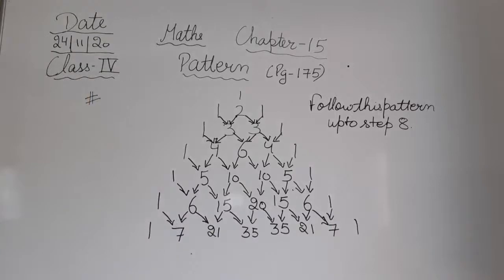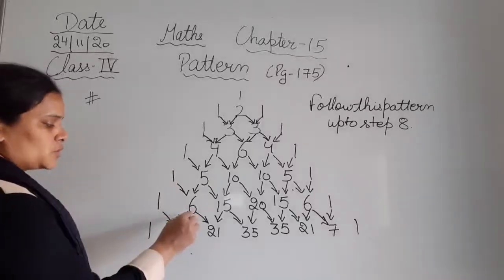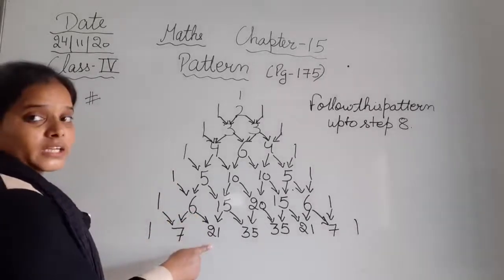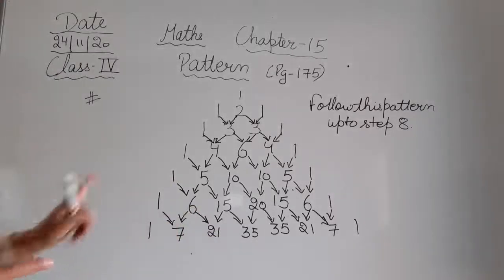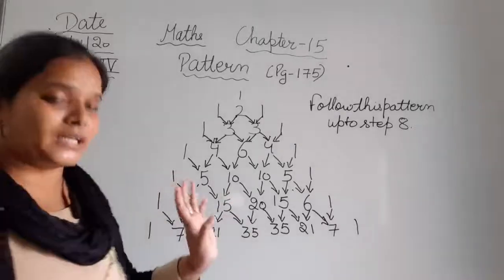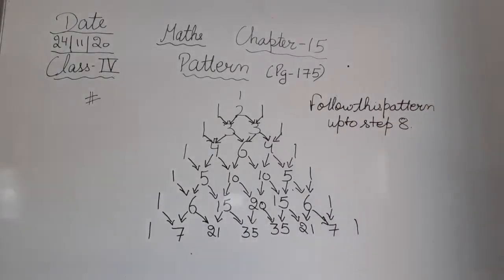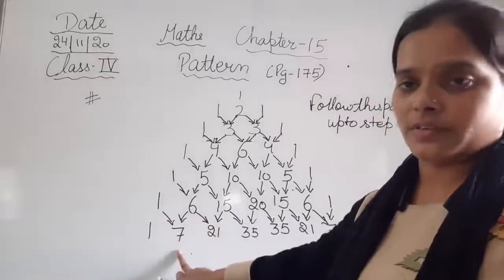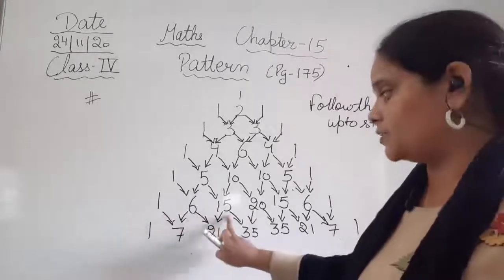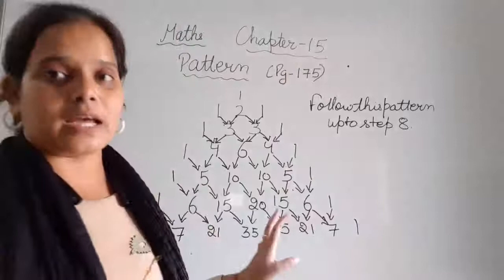So here we are adding one number two times, but each time we are using a different digit to add it with. I'll just take the example of this. Here 6 we are adding with 1 and we got 7. Here again we are adding this 6 with 15 and we got 21. So this is how we are adding it.